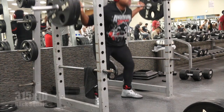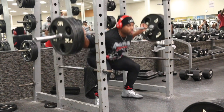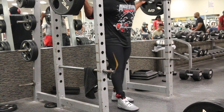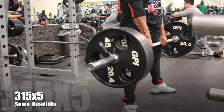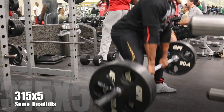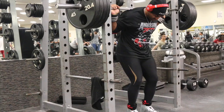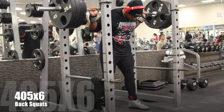I believe you should train these three lifts as often as need be, depending on where your maxes are currently and what you want them to be in the future, basically. And by that I mean, if you're a great squatter, you're already squatting 3-4 times body weight, then probably you don't need to really focus on that lift. But maybe if you're only benching 1 times body weight, then you probably need to focus more on that. And if you're a great squatter, your deadlift's probably pretty decent. So I would start out focusing on your bench and possibly even your deadlift if it's not too good, but